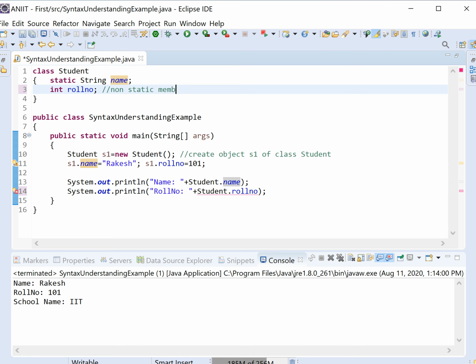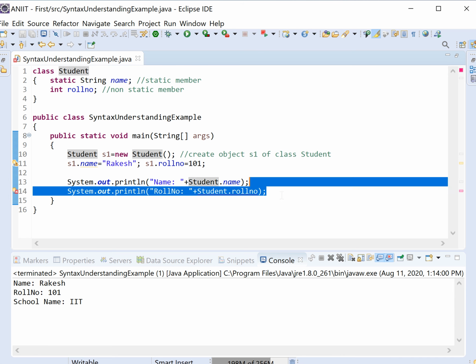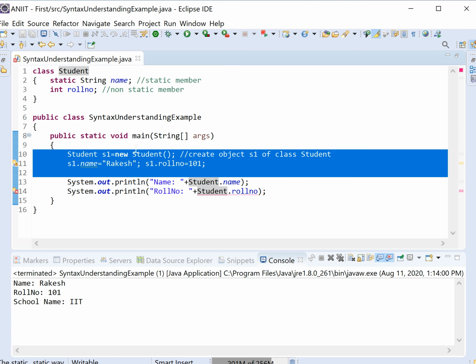I'm giving a very simple example; in the next lectures we will learn a lot more, so don't worry and stay connected. The static member can be accessed by the class, and a non-static member cannot be accessed by the class. For a non-static member, you have to create an object like this and then access everything.